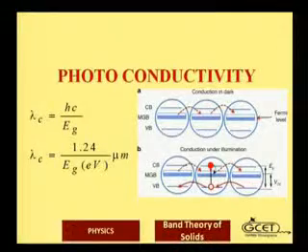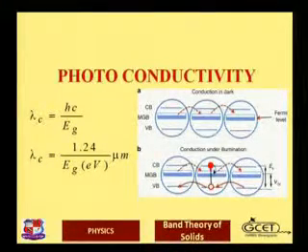This is Dr. Forum M. Joshi, and we are meeting for the third part of chapter 4, that is band theory of solids. Today we are going to discuss photoconductivity, LDR, then solar cell, photodiode, and the last but not the least, Hall effect. We will start with photoconductivity.